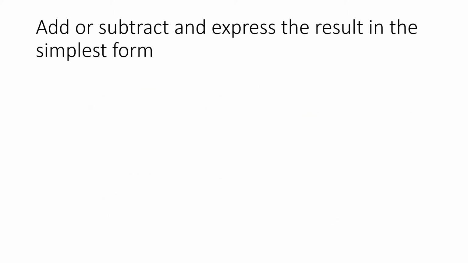Now your first question is this: 2 by 11 plus 5 by 11 plus 4 by 11. Here the common denominator is 11 and we have to add numerators. So 2 plus 5 plus 4, and we will write the common denominator as the denominator. Now we will add the numerators. That is 5 plus 2, 7, 7 plus 4, 11. 11 by 11 equals 1.